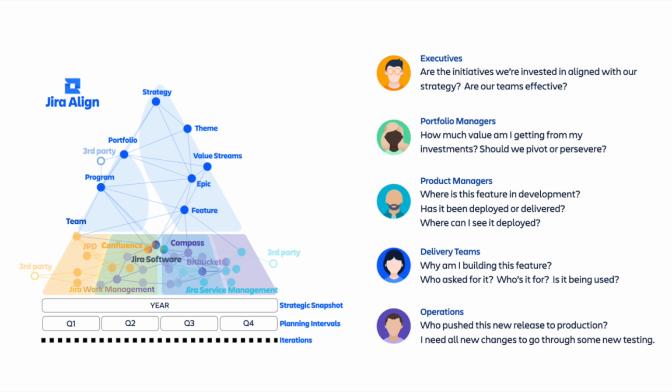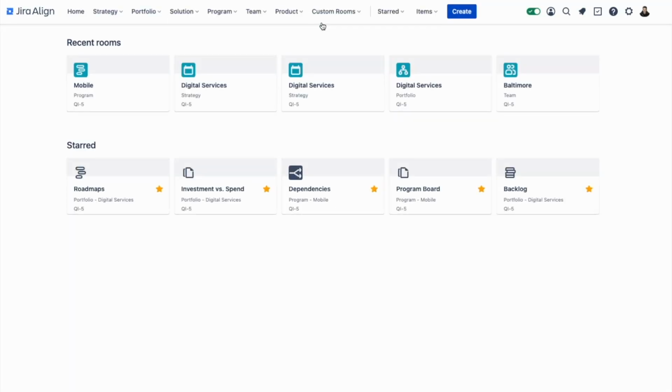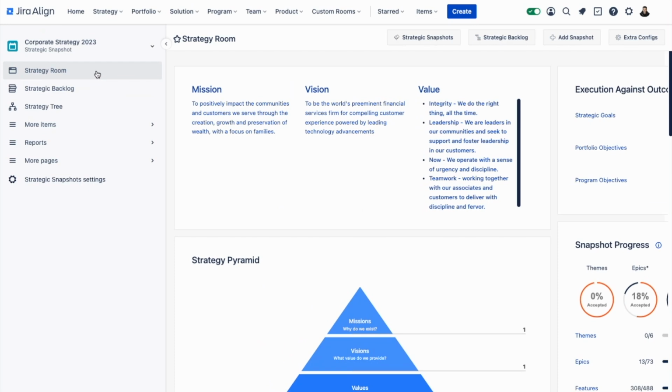People, work, and time all have separate native hierarchies and objects. They cut across the organization, as showcased in this view. From a platform perspective, Jira Align is a cloud solution, accessible with a standard web browser. Users navigate using a combination of header and left menu navigation, organized by organization level and role, from strategy down